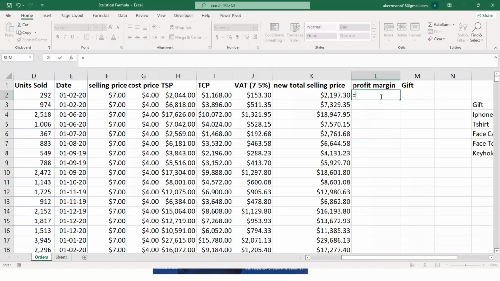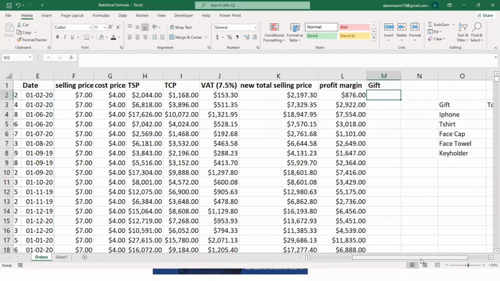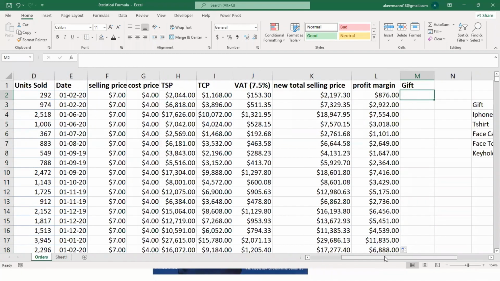So the profit is going to be total selling price minus the total cost price. I press enter, then I can double click it, and Excel will automatically do the rest for me. Right now, let's award gifts to them based on the quantity, based on the unit sold.